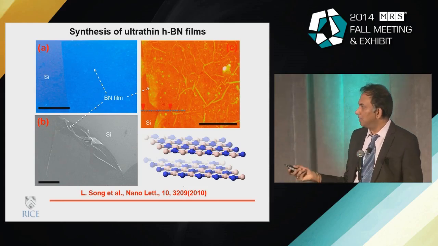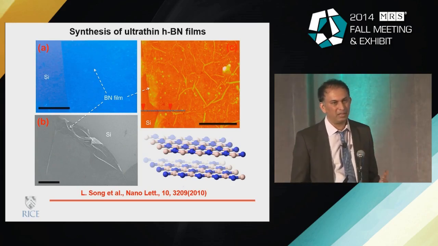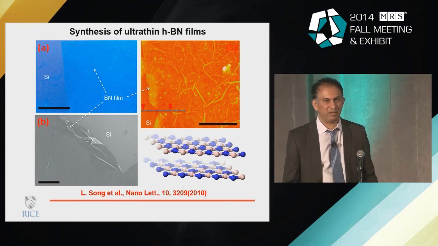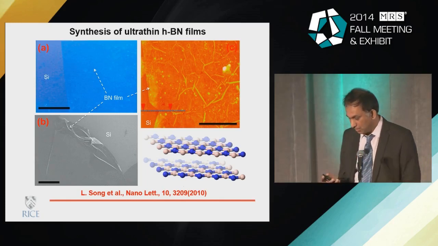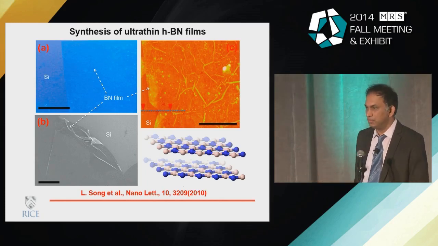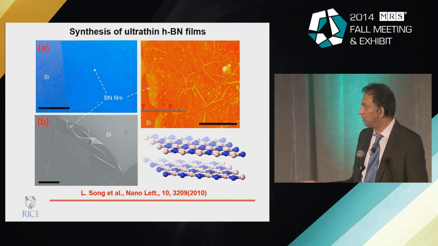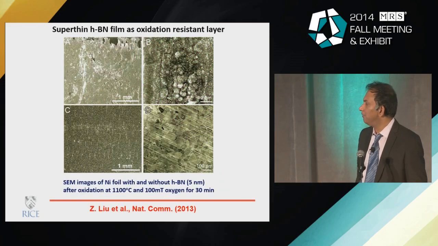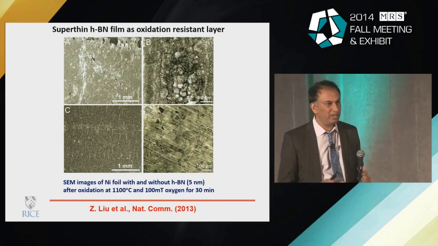But of course, boron nitride is a little bit tricky, because the phase diagram of boron nitride is slightly different from that of graphene, and the cubic phase oftentimes gets more stable. So many times when you're trying to grow them, you end up with a lot of sp3 defects, which do not allow you to make nice continuous monolayers. A lot of people work on this area, and there has been some progress, but to get a single layer of boron nitride is quite tricky. But if you make a few-layer boron nitride that is continuous, then it could be very interesting.